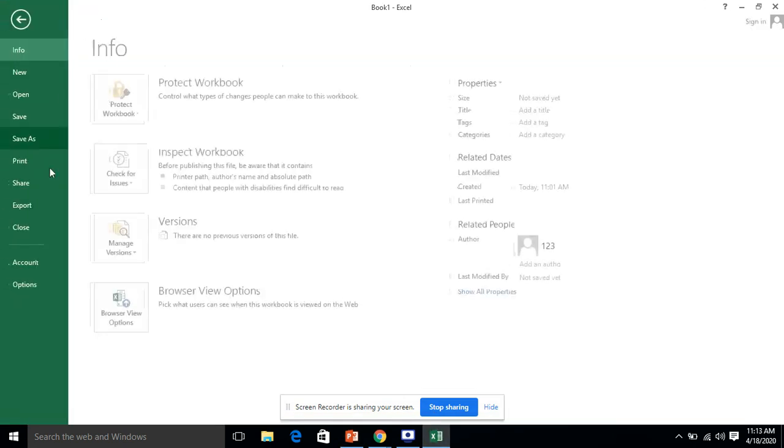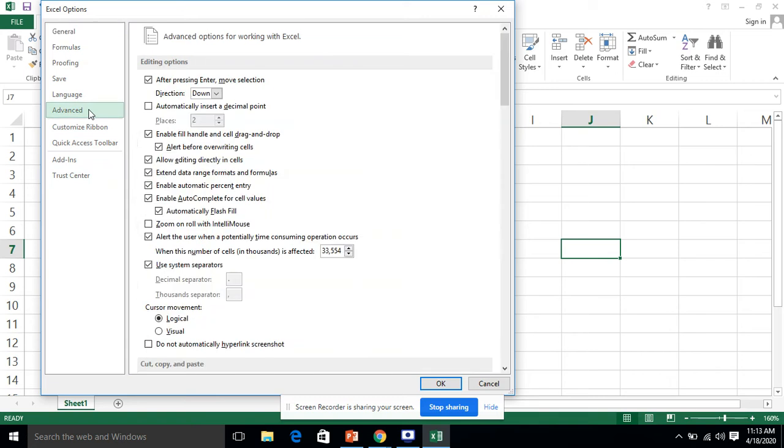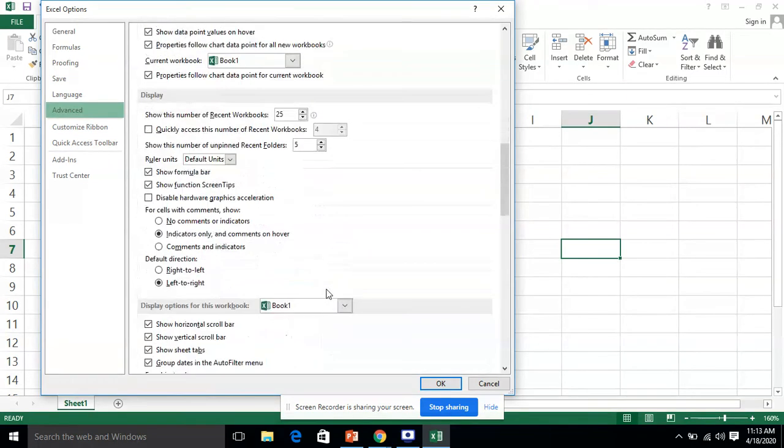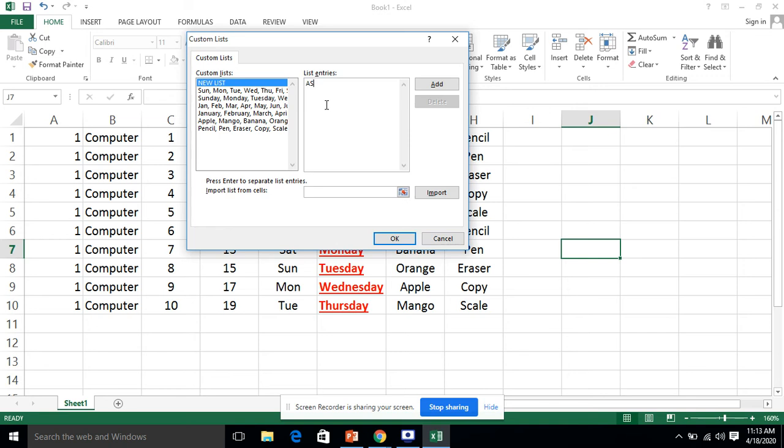We can create the series of our class students. If I go to the Advanced option and then Custom Series, I write here Ali, Ahmed, Salman, Shehzad, Ubaid, and many more.